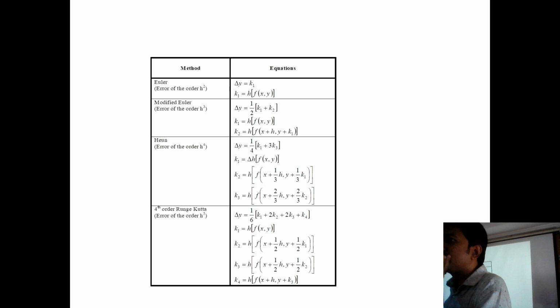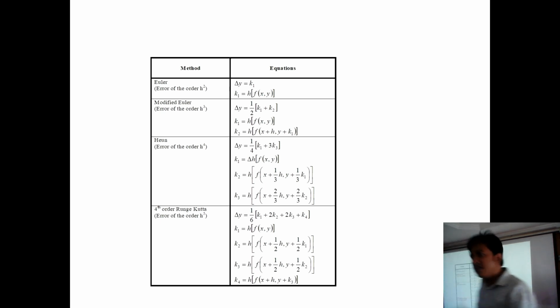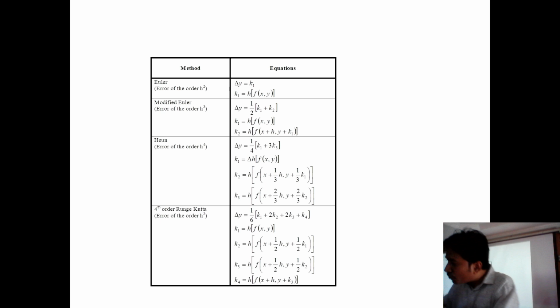What is 4 in the Runge-Kutta fourth order method? Even if you look at the formula, you can say Runge-Kutta fourth order method, this is the formula. These are called four slopes. If you are using four slopes, it is called fourth order method. Four slopes. We use four slopes. That's called fourth order method. Anyhow,